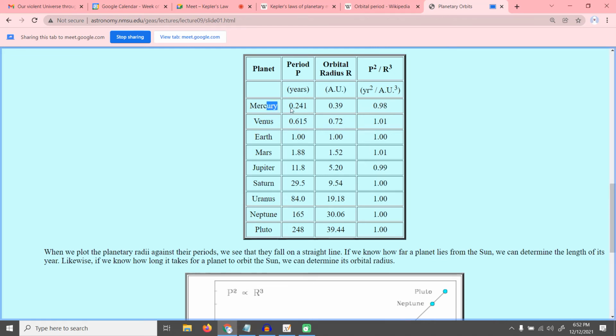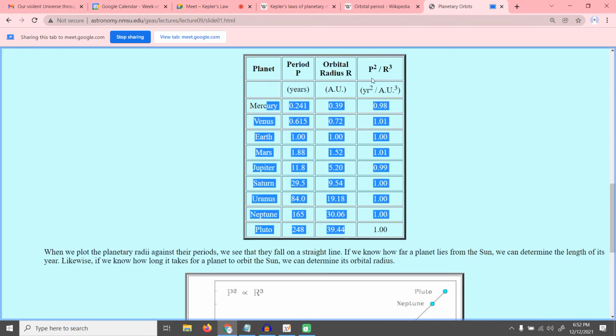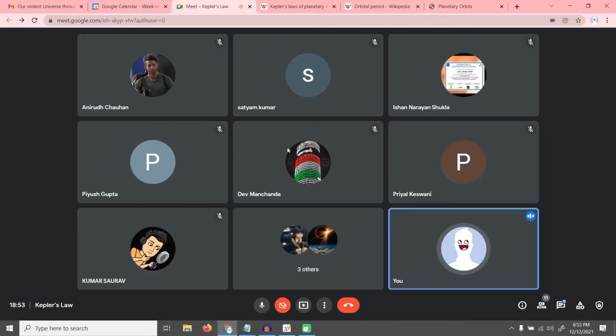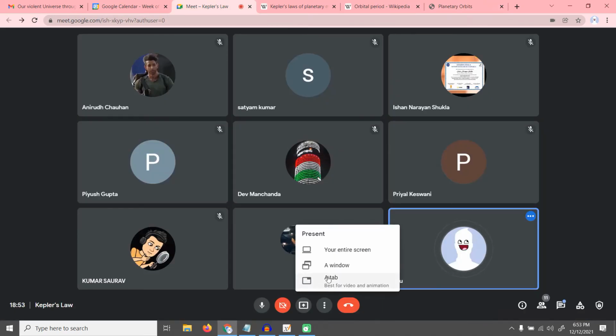Once we have this data, now that we know that t square is proportional to r cube, we can directly plot that out. It's almost close to 1. Okay, but my question is, how did we know that t square is proportional to r cube? You have a set of data. How do we know what the proportionality constant actually is?